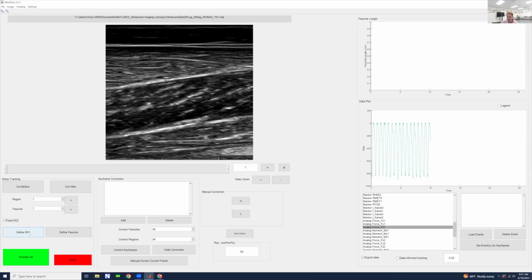I'm then going to click define ROI, define region of interest. And then we can go onto our ultrasound image, starting along this top aponeurosis. You can start along the bottom if you want, but we're just going to create a rectangle defining the region of interest that we're interested in. Go along this superficial aponeurosis, click on the corners, click down along this bottom